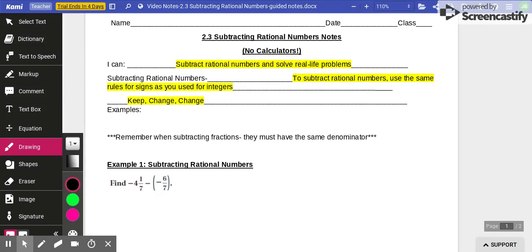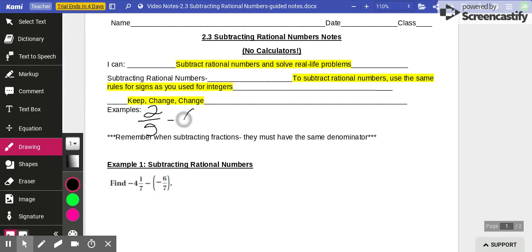Subtracting rational numbers. To subtract rational numbers, you are going to use the same rules for signs that you used for integers. So when we used our integer rules, we said keep, change, change. We are changing all of our subtraction problems into addition. So for example, we have 2/5